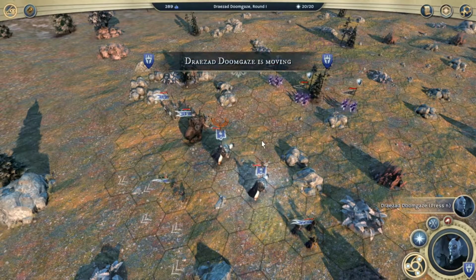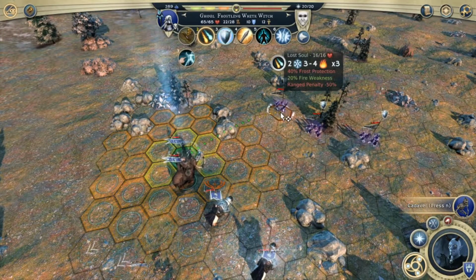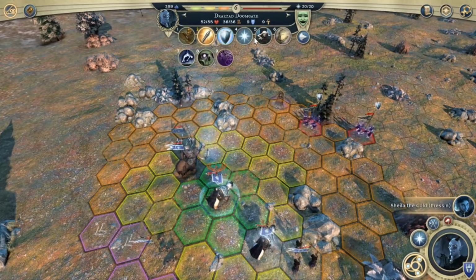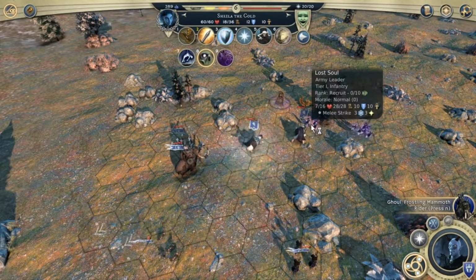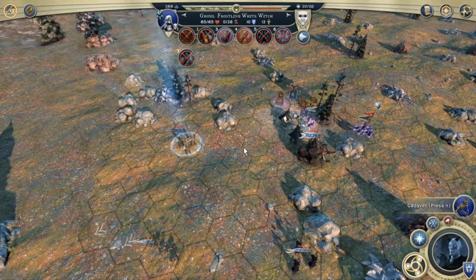Now, it may be possible for me to actually convert one or two of these units, which would give me a nice little city defender unit right out of the gate here. So I'm actually going to throw my heroes a little more recklessly than usual. I'm going to throw them in. Okay, so we have one. Now, of course, that unit may get attacked here, but